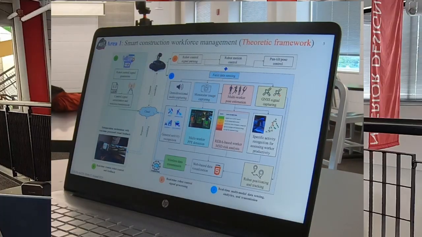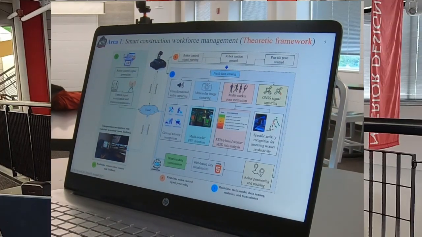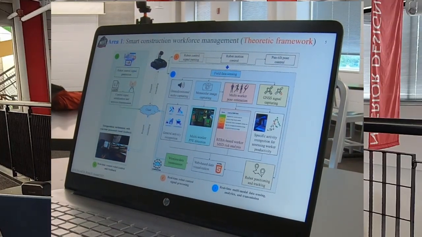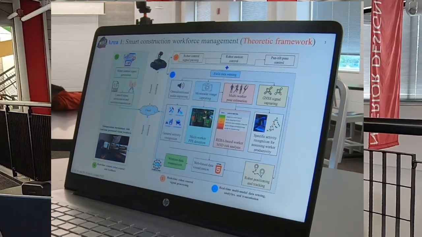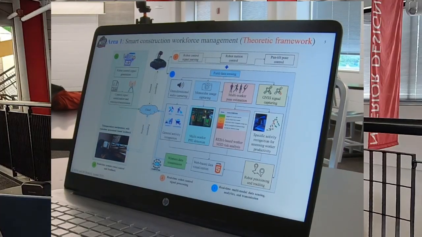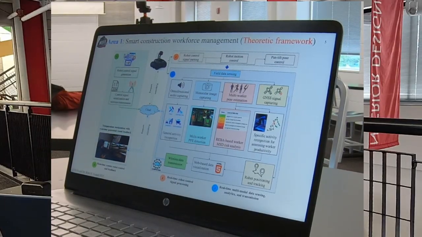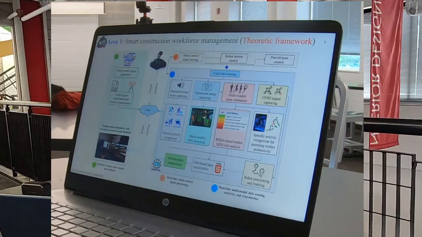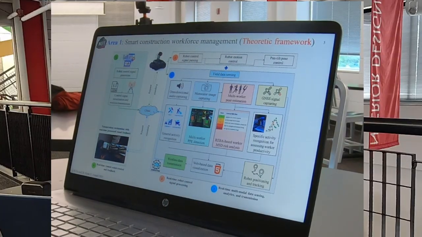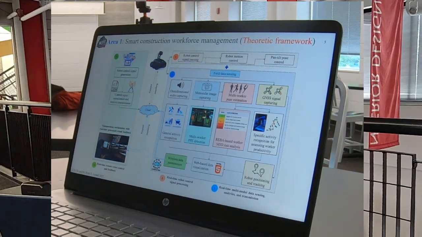Once we move on, as I mentioned, for this project we deal with workforce monitoring. What do we care about with the workforce? The first thing is their safety. The second thing is their productivity. These two aspects are the focus of this study, but there are many other things we can talk about, like health or something else. And even for workforce safety, there are different small fields: safety from the environment, safety from themselves.